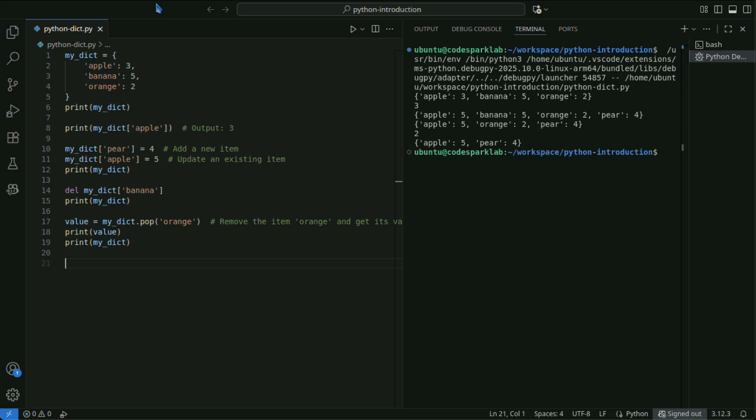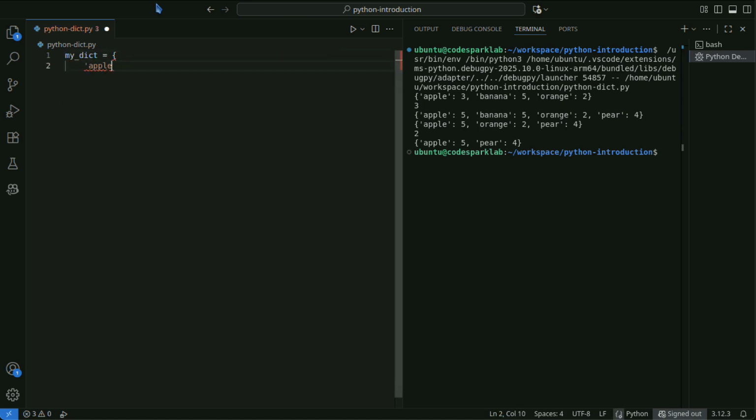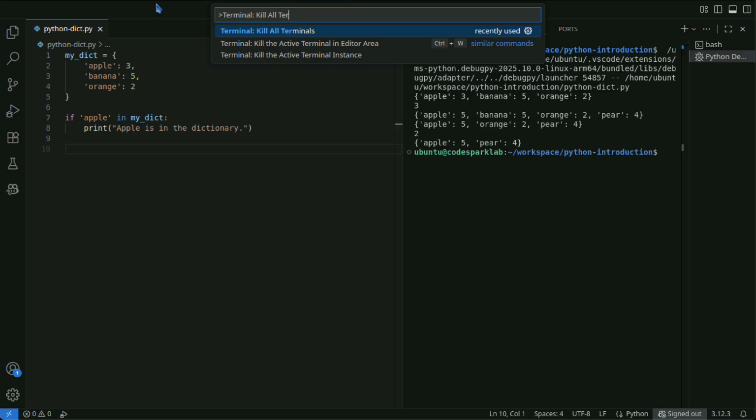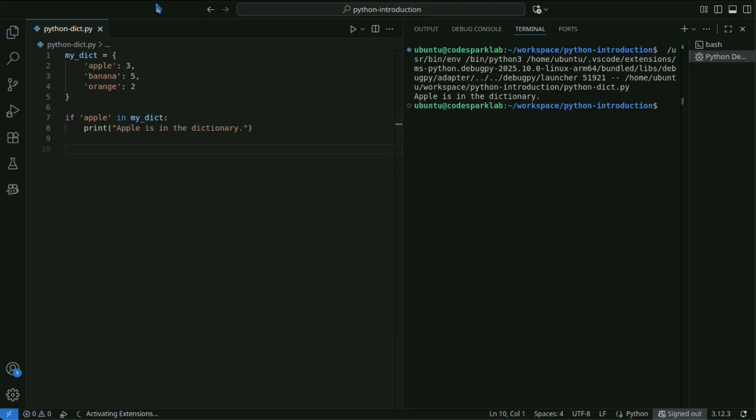You can check for the existence of a key in a dictionary as follows. Use the in operator to test whether a key exists in the dictionary.